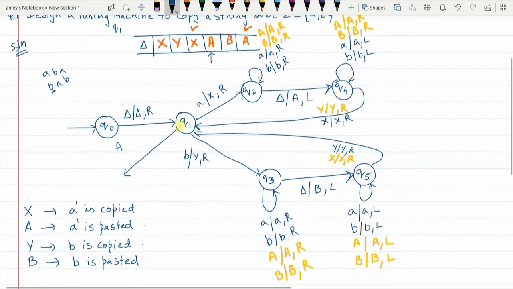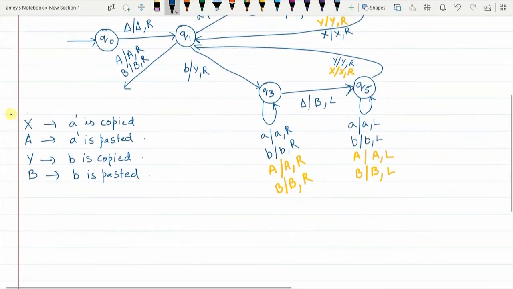So in Q1 state, you can get capital A or you can get capital B. When capital A is encountered, I replace capital A with itself, which means I ignore it and move to the right. Similarly, I may also encounter capital B, which I also ignore and move to the right.